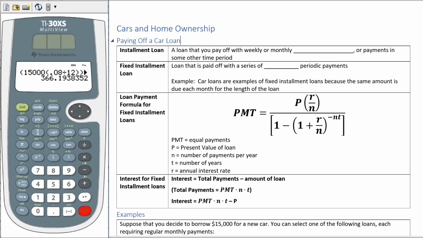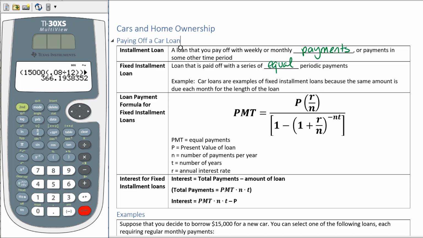Let's go through some definitions. An installment loan is a loan that you pay off with weekly or monthly payments, or payments of some other time period. A fixed installment loan is a loan that is paid off with a series of equal periodic payments. Car loans are an example of fixed installment loans because they have the same amount due each month for the length of the entire loan. No matter how much is left, you still pay the same amount each month. So the payment formula for fixed installment loans, which is the one we'll be talking about today, is different than our annuity formula